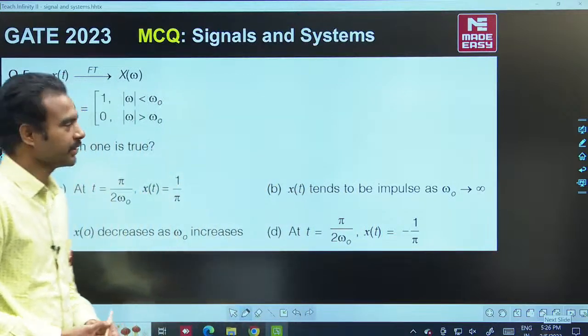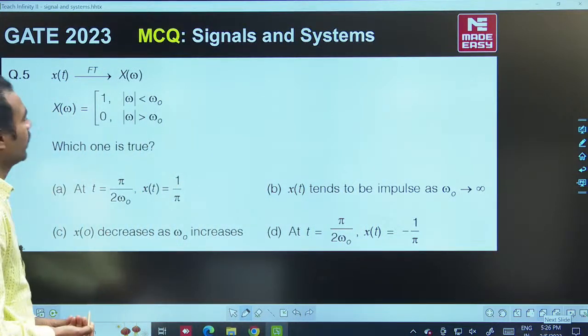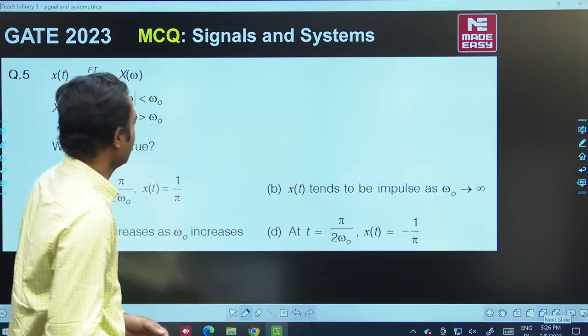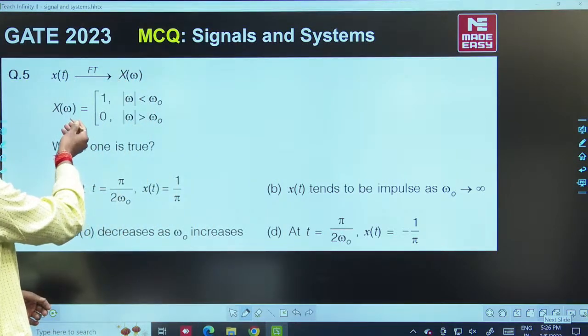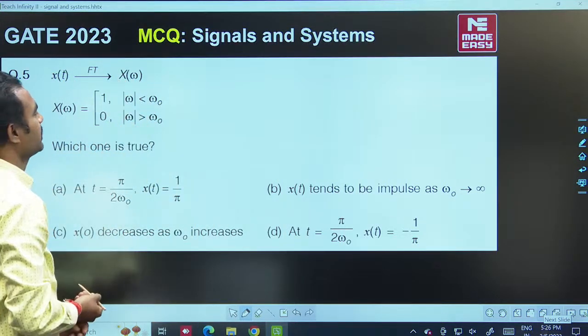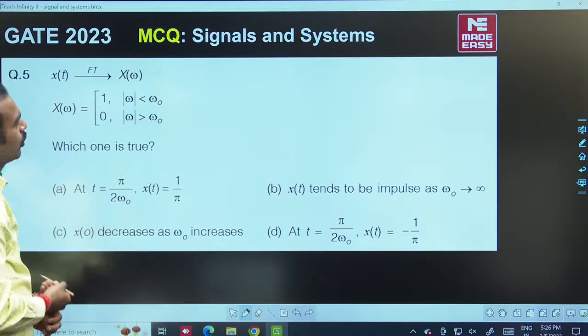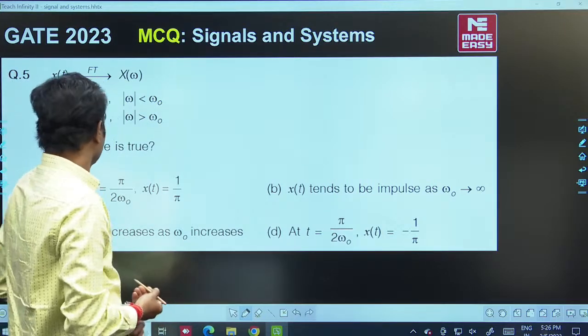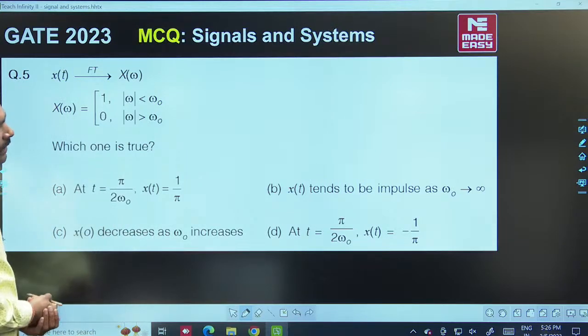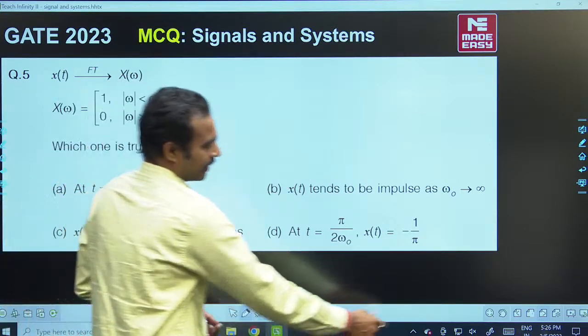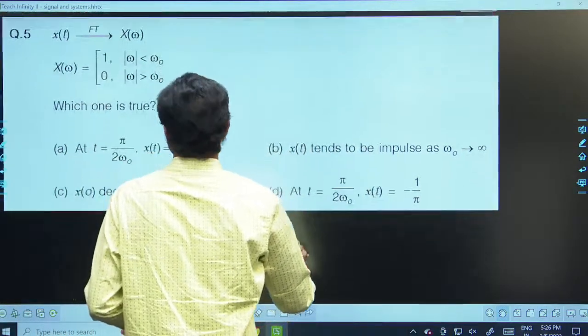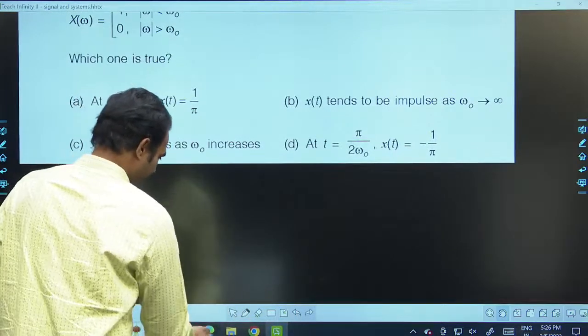So coming to the next question, x of t's Fourier transform is given as x of omega, which is given in the question, and x of omega is equal to 1 for mod omega less than omega naught, and 0 when mod omega is greater than omega naught. So which one is true, he was asking. If you see this one here, you can find out one thing. Given x of omega is 1,